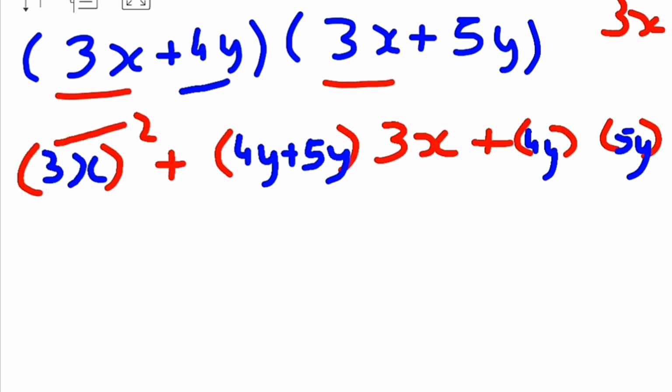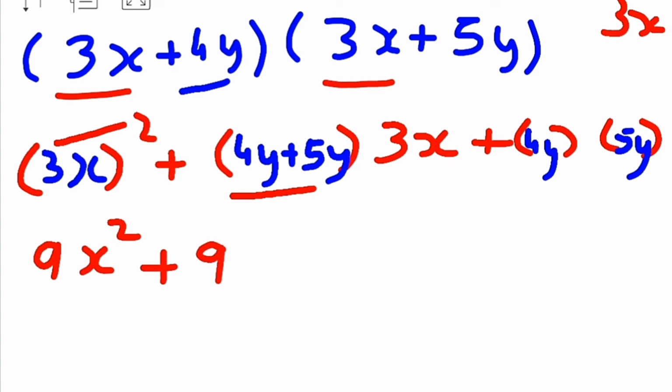So 3 square means we have to double it. 3 square will give you the answer as 9, that means 3 3s are 9. Understanding? And x square will give you the answer as x square. Understanding, children? Plus 4y plus 5y. Same variables are there, the variable is y. They both are the same. So 4 plus 5 will give you the answer as 9y. We have done the addition, so only y will be there, not y square.